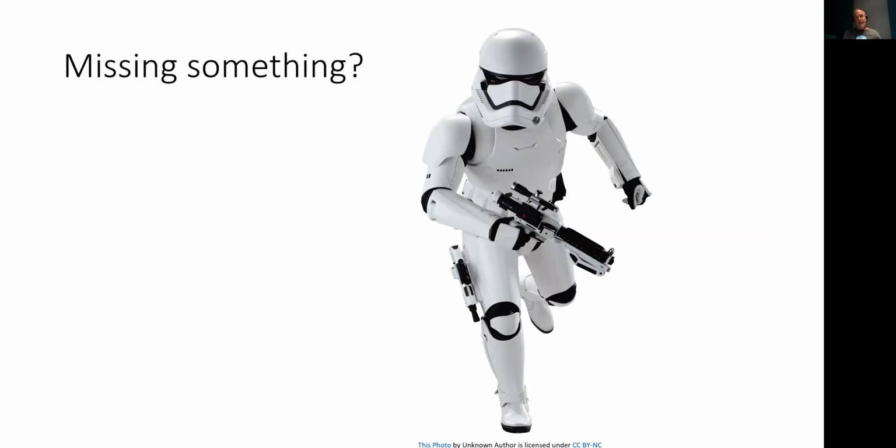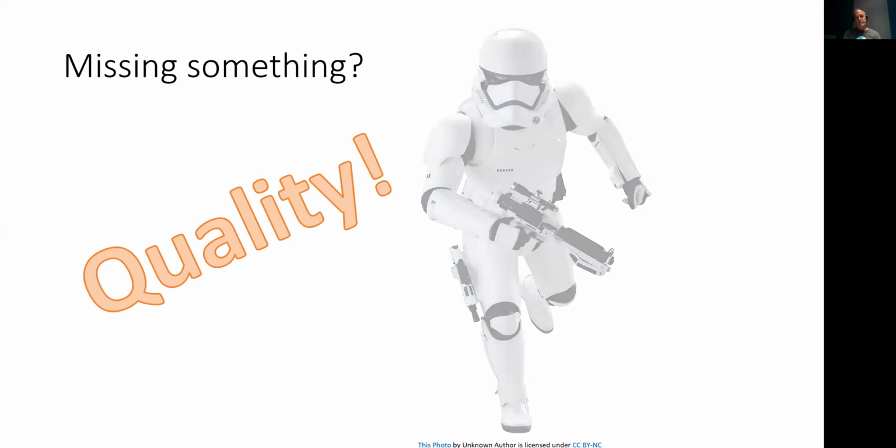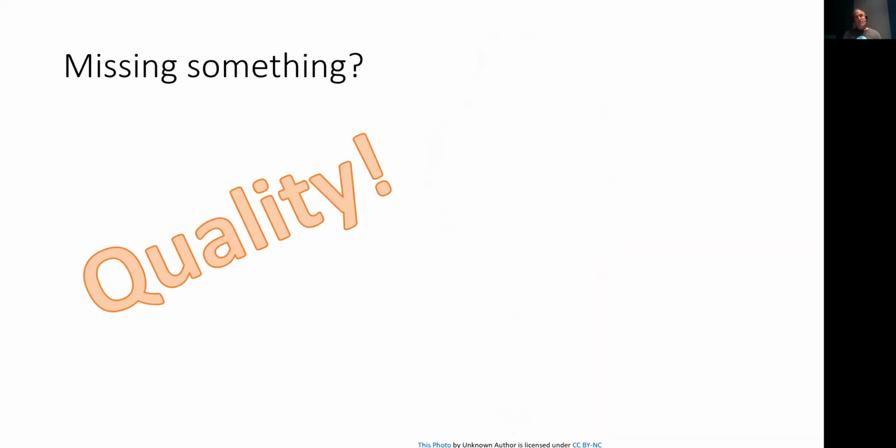So the cat's a little out of the bag on this one, still missing something, right? We missed design in the beginning. But what needs to wrap this up and round up this whole thing is quality. And quality, I already discussed to some degree, prompted by the question, is something I would like to see the whole world of ETL moving away from UI tools, moving away from kind of passive description of ETL processes in the form of XML files and JSON files and all of this kind of